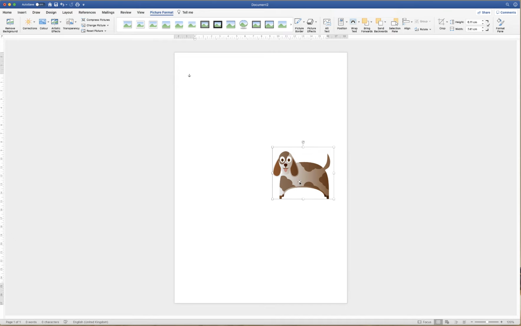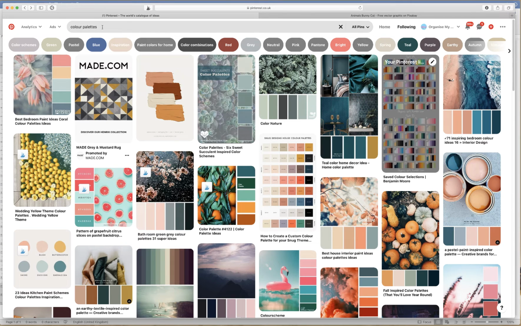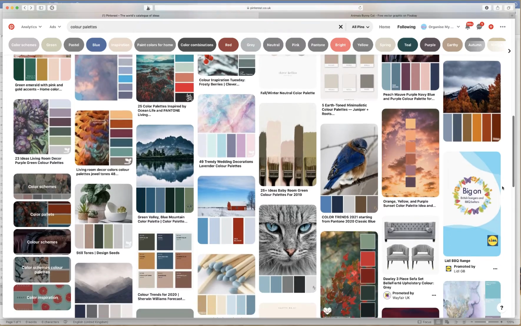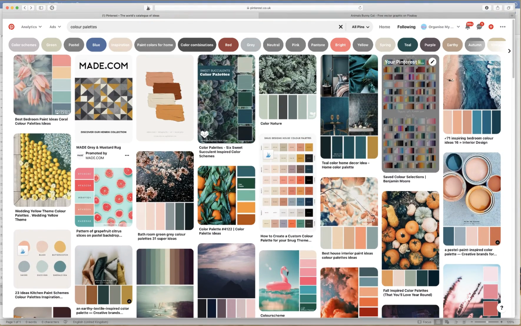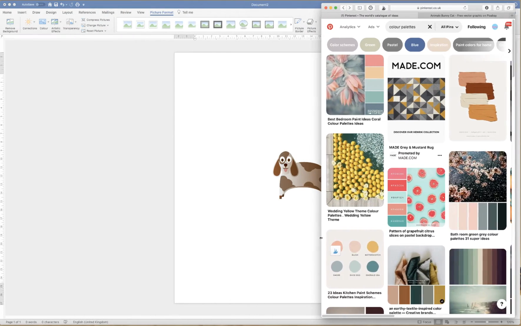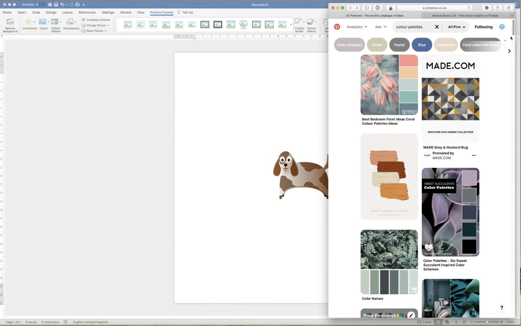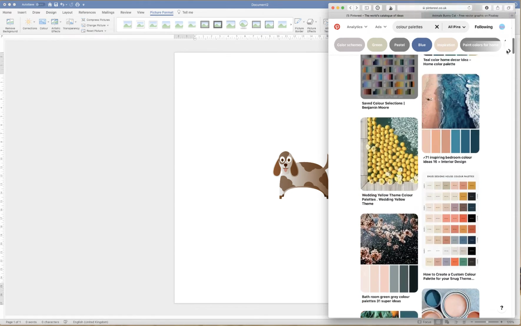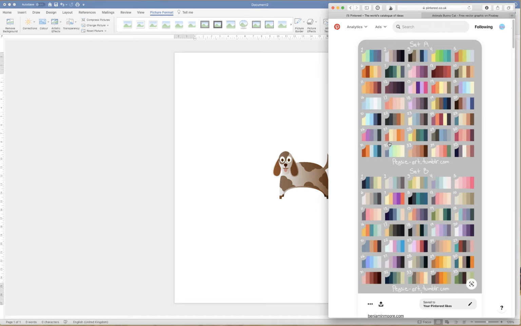And the way I did that was to go on over to Pinterest. If you go on over to Pinterest and then you type colour palettes into Pinterest, you're given a large array of different colour palettes that you can choose from. So what I tried to do is to look at the colour of my image and then try to compare some of those colour palettes with that brown. And what I did do is I managed to find this particular colour palette here,